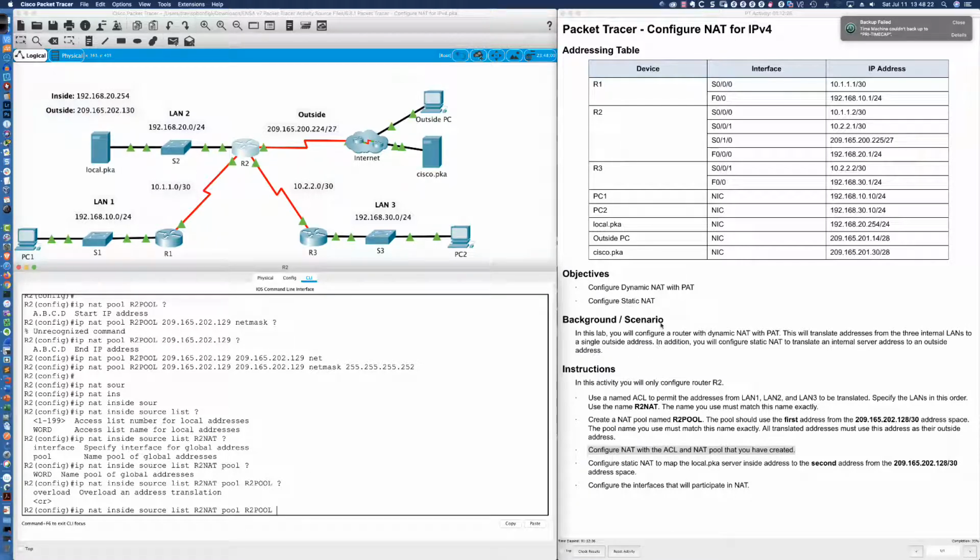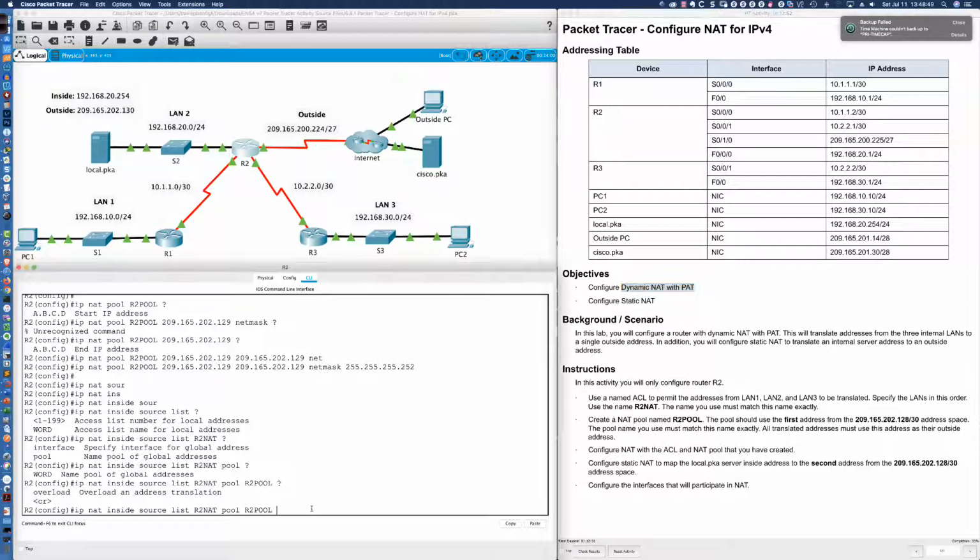And I think it's interesting how in the previous Packet Tracer, they stressed dynamic NAT with overload, dynamic NAT with overload. And here, what do they say? Dynamic NAT with PAT, right? So again, these are all synonymous terms: port address translation, PAT, dynamic NAT with PAT, dynamic NAT with overload, NAT overload. Those all mean the same thing.